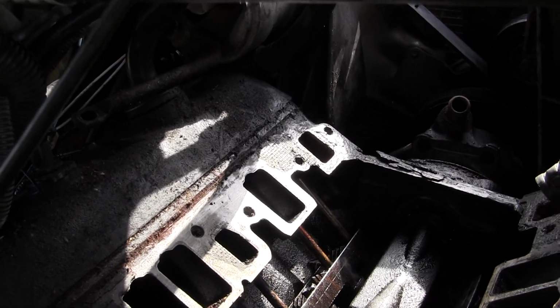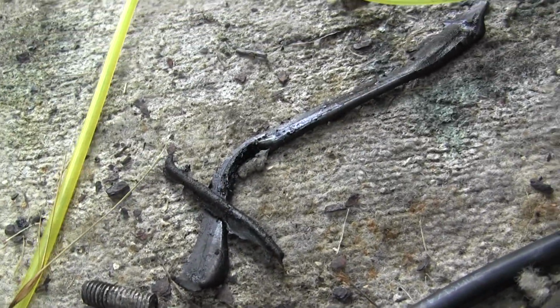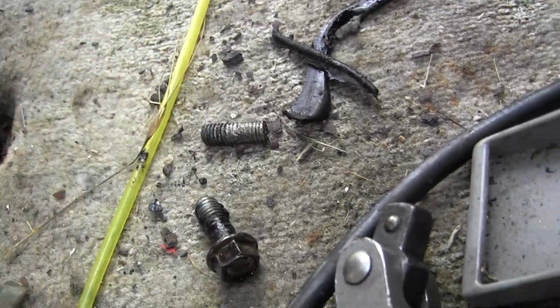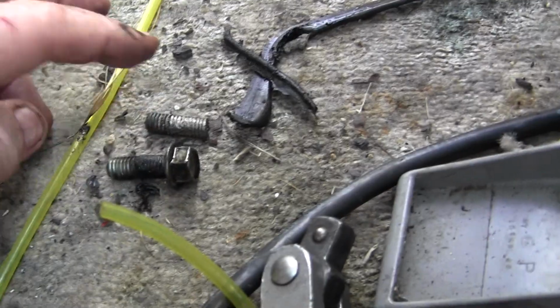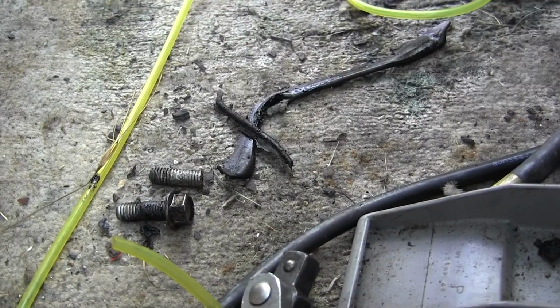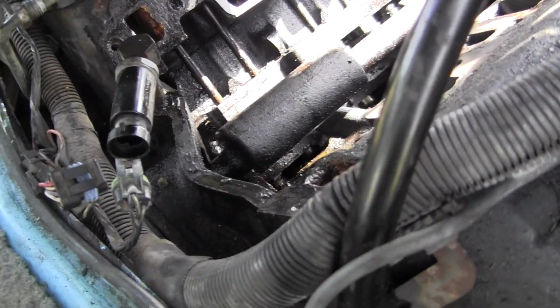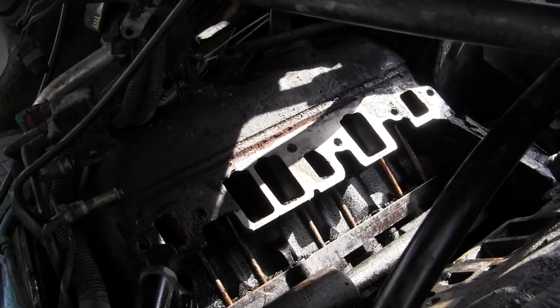But you see that front bolt is cleared out now. I got the stud, what's left of it here. This is actually a bolt that the head came off. So I've got to run to town and find a 14mm bolt with the same threads, which is why I saved the old one, so I can compare a good one with a bad one and figure out the threads. It's probably an M8 or M10, probably a standard metric size. Almost everything on these American cars, when they made the switch to metric, went to metric everything. There are some exceptions to that rule, but